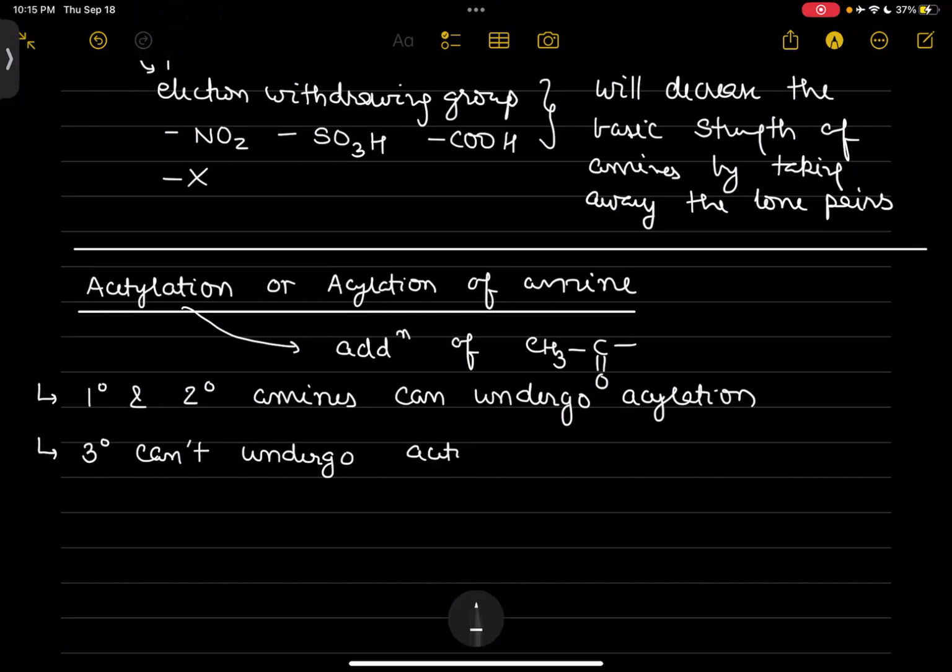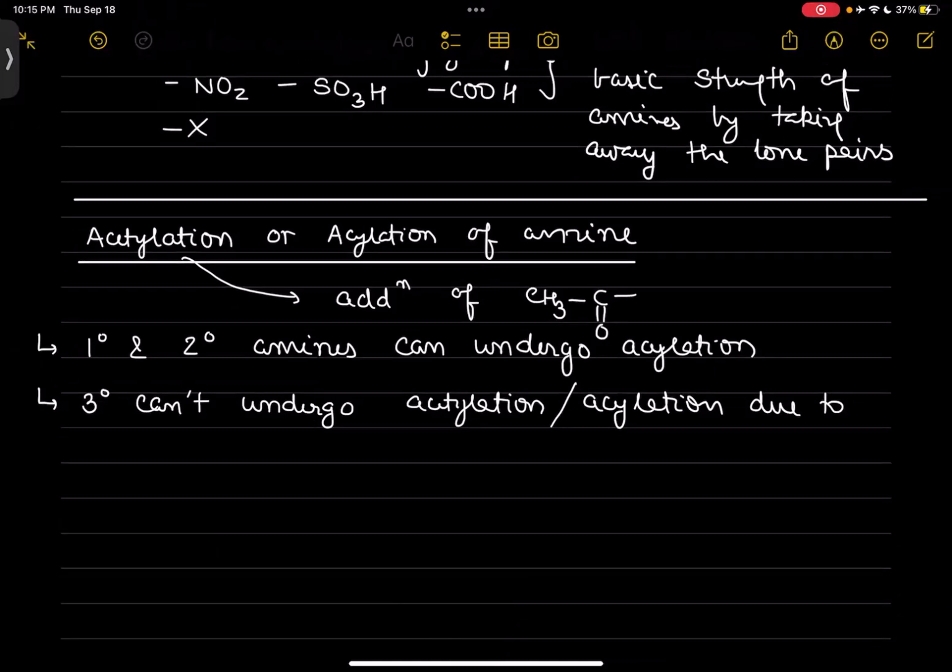Why? I will write the reaction, and once I write it, you will be able to make out why tertiary amines cannot undergo acetylation or acylation. It is due to the absence of